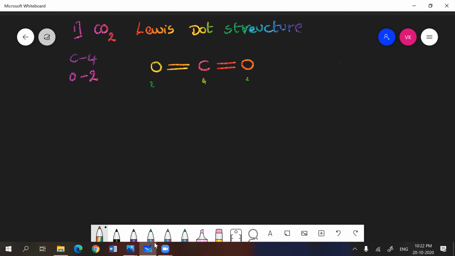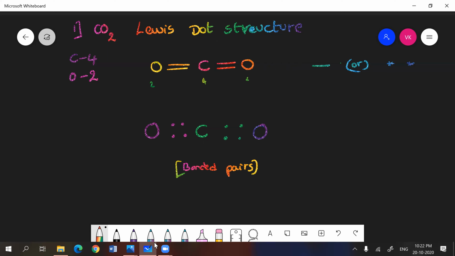Okay, now write the same thing. Take it down below and write 2 dots for each bond. Each line is 2 electrons, and that can be indicated with a dot or a star. So these are said to be bonded pairs. In addition to bonded pairs, there is a possibility of having lone pairs as well. Now let us see carbon. How many lone pairs will be there on the carbon?